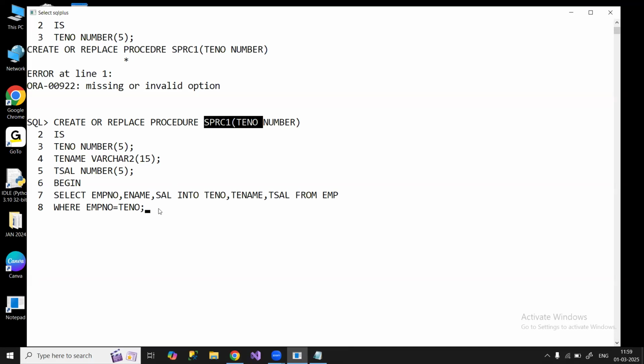Ampersand TNO means it will accept value from the user. But here I am giving the argument given in the stored procedure. While calling the stored procedure, while executing the procedure, I'll give a number. That number will go to the select. Then after this, here I'll write